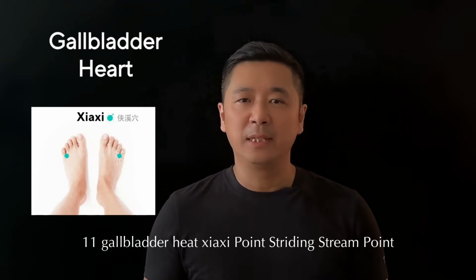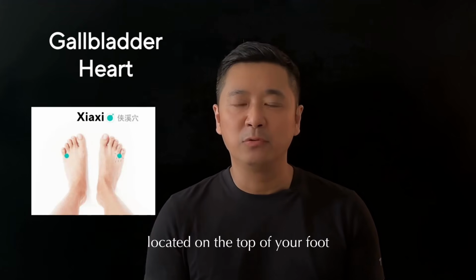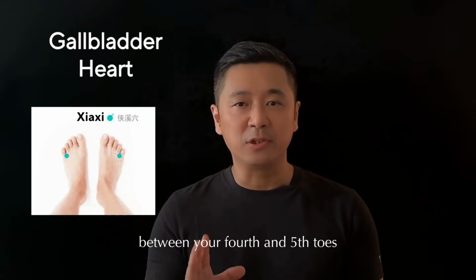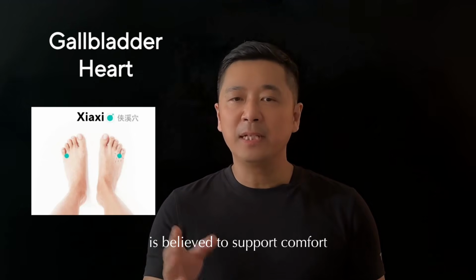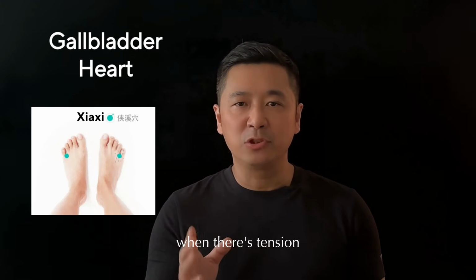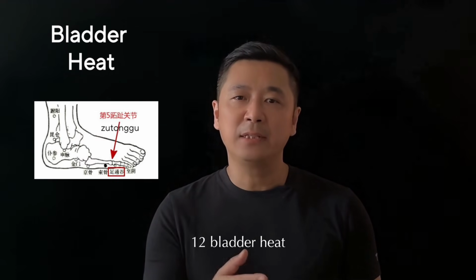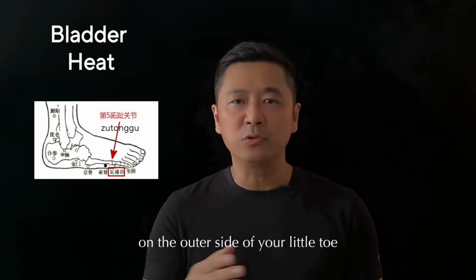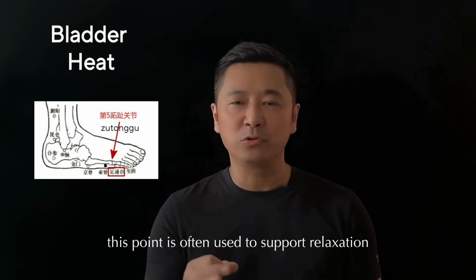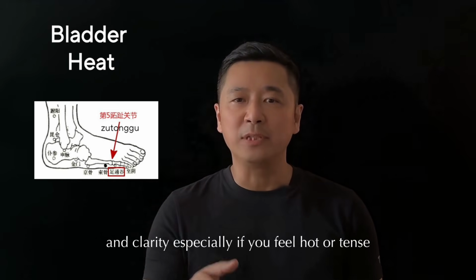11th, gallbladder heat, jiaxi point, striding stream point, located on the top of your foot between your 4th and 5th toes. Gently massaging or warming this spot is believed to support comfort when there's tension or discomfort around the gallbladder area. 12th, bladder heat, zutongu point, connecting valley point, on the outer side of your little toe. This point is often used to support relaxation and clarity, especially if you feel hot or tense across your head